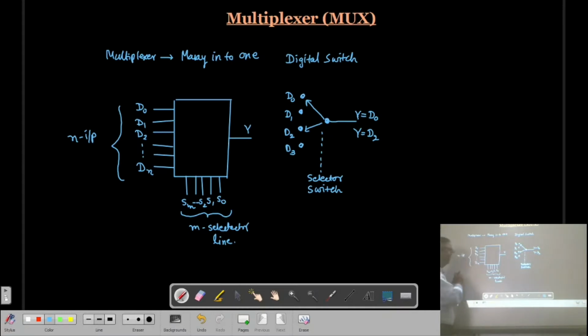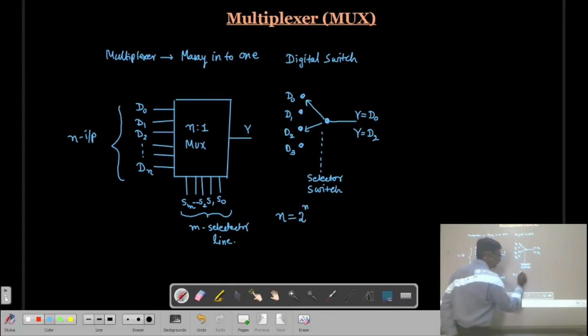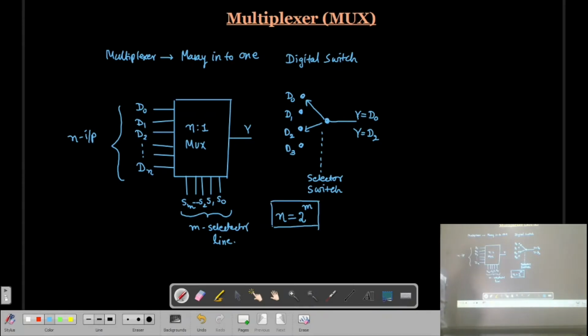Here there are n inputs and only one output, so you can say it is an n-to-1 multiplexer. Normally, the relation between n and m is that the number of inputs is given by 2 raised to m, where m is the number of selection lines.